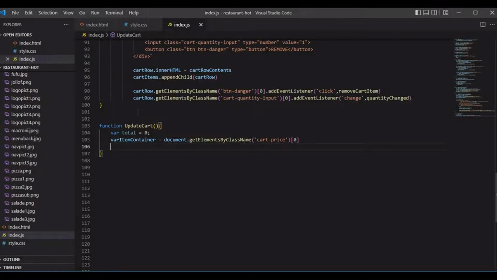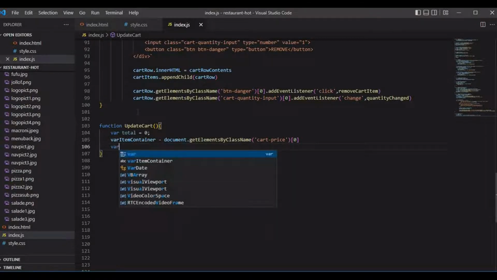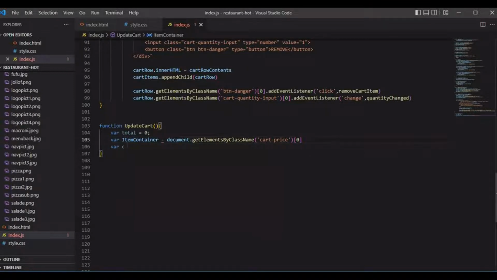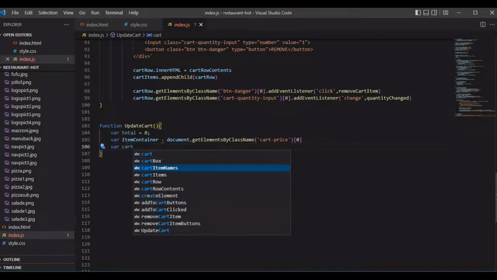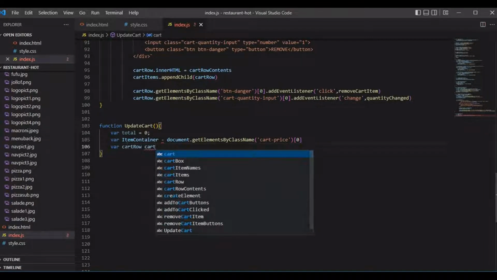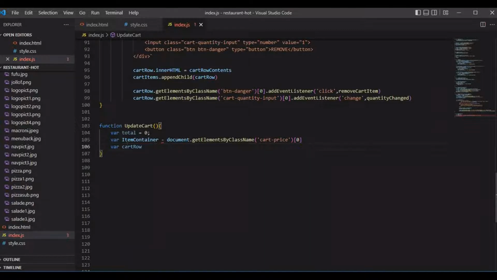So the next thing we are going to set, we are going to set a variable, a cart row, and the cart row will be equal to